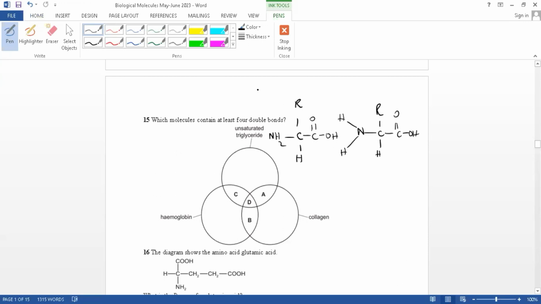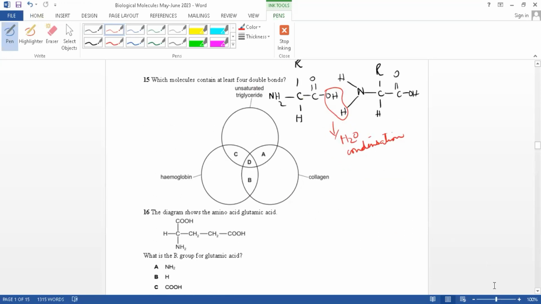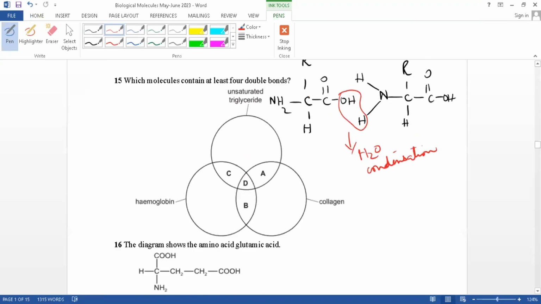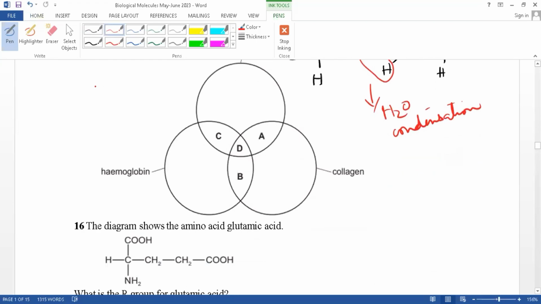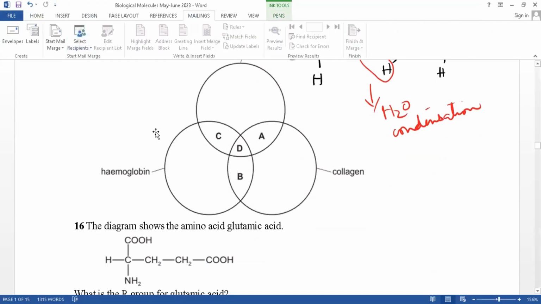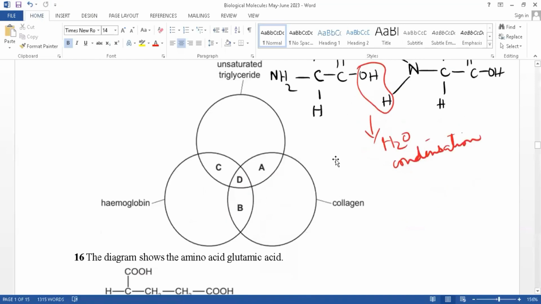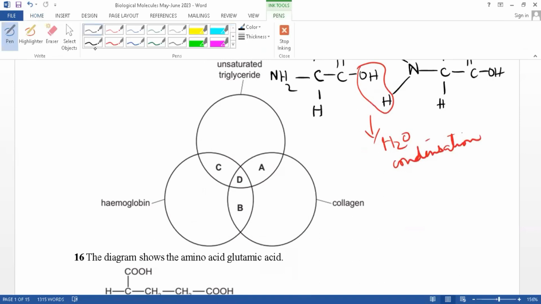What happens is that for the formation of the dipeptide and the peptide bond, 2 hydrogens and an oxygen are released as a water molecule. A condensation reaction takes place, and a bond is formed between the 2 amino acids, and as a result a dipeptide is formed. How is it formed? Between the 2 amino acids,